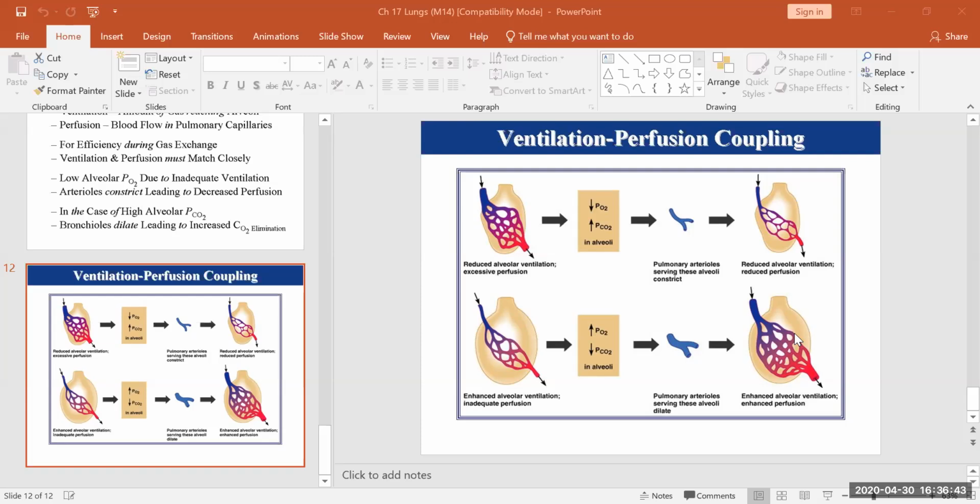So you allow more carbon dioxide to be disposed of, and more oxygen to be picked up. So this is why we call it ventilation perfusion coupling. The amount of air in each alveolus would dictate the blood perfusion of the capillary bed that is perfusing